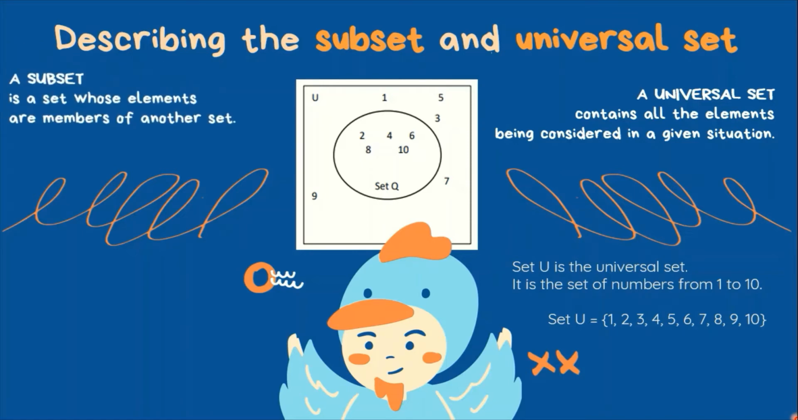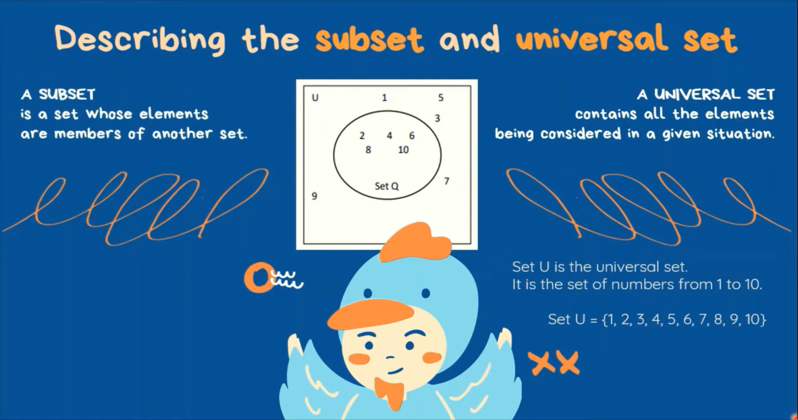A subset, on the other hand, is a set whose elements are members of another set. Set Q is a subset of U, meaning every element ni set Q ay napapaloob sa universal set. It means that set Q is only a part of the universal set. It is only a subset of the universal set U. In symbol,